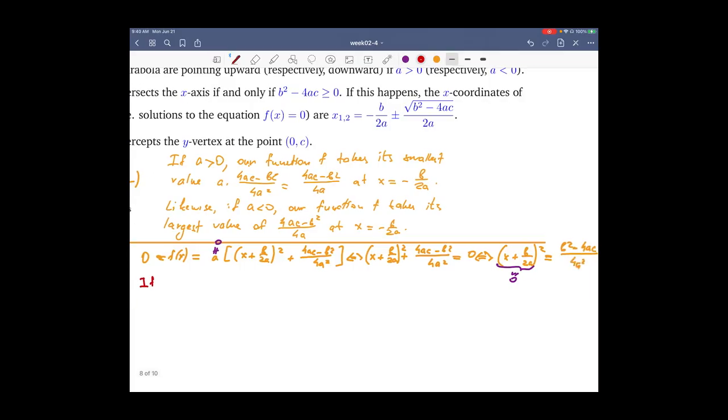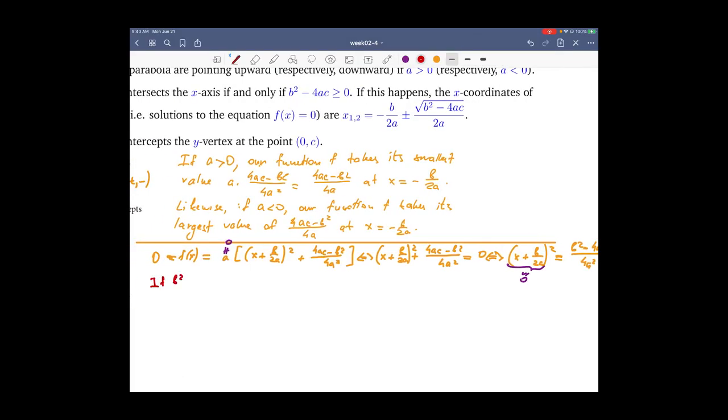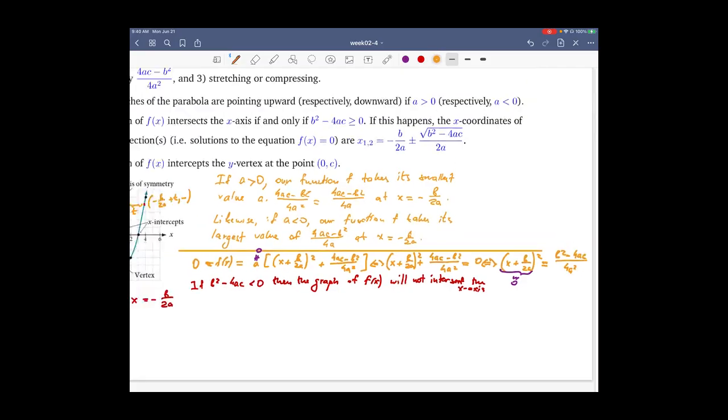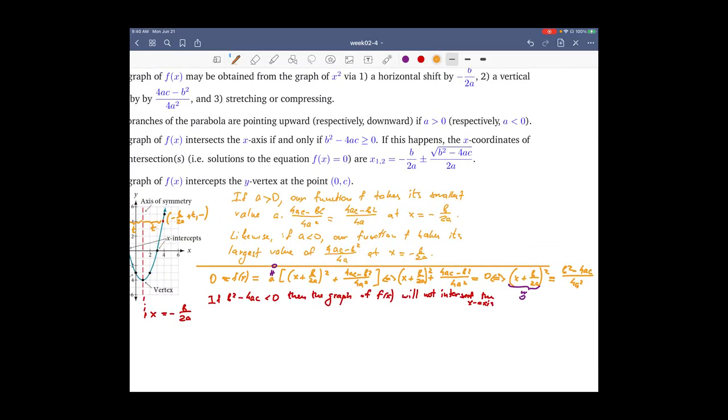If b squared minus 4ac is less than 0, then the graph of f will not intersect the x-axis. If, however, b squared minus 4ac is non-negative,